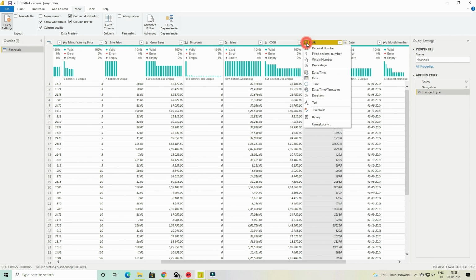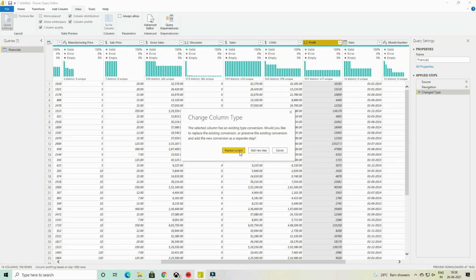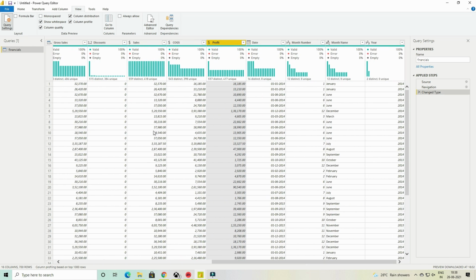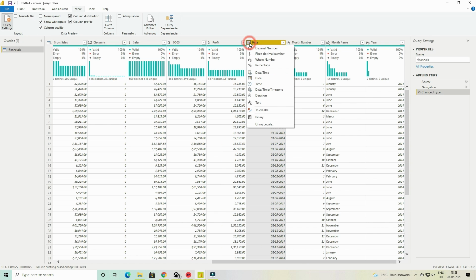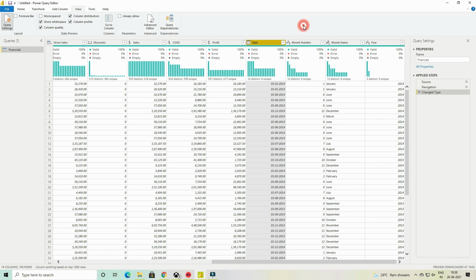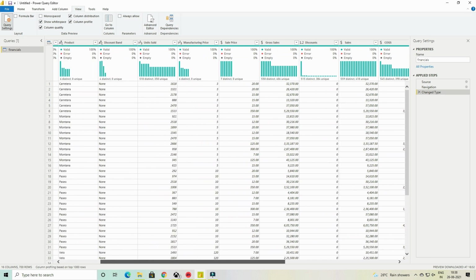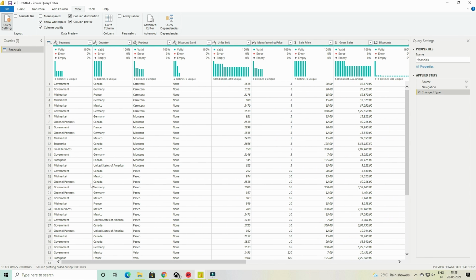And Power BI does that essentially to optimize the performance. Let's say you have 1,000,000 rows, and if Power BI is just storing whole numbers, the data will be much more compact. So we need to review all columns and ensure that everything is assigned proper data types. Dates should be well formatted in order to support proper data visualization. Anything in percentage should be assigned correctly. For example, if you have percentages and they are assigned something like decimal values or fixed values, it won't help. So always ensure that everything is in proper shape before you move forward.